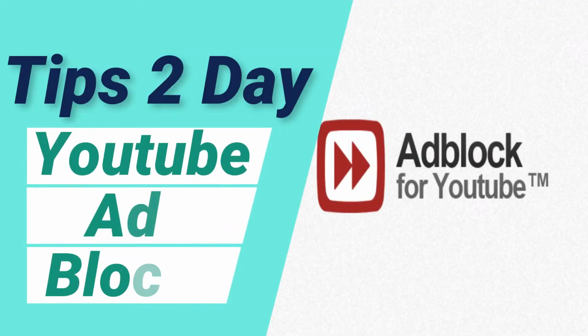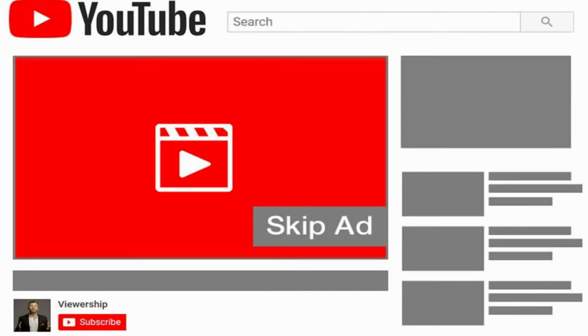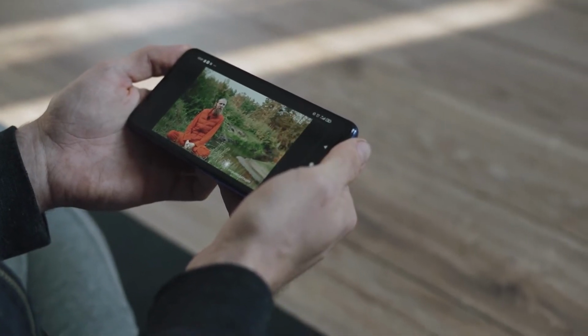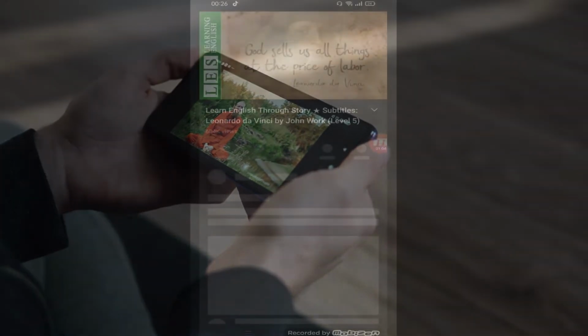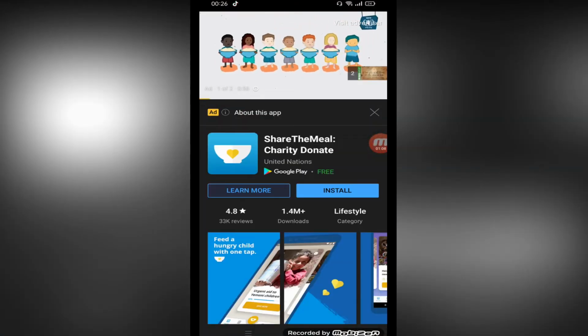You need to see this video till the end because in this video you will find a very powerful ad blocking app for Android. But it is not advisable to use an ad blocker ethically, as it will not benefit the developer, and you should respect the ads that you saw while using that developer's